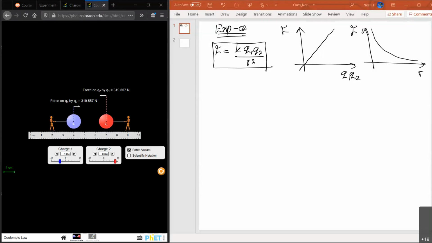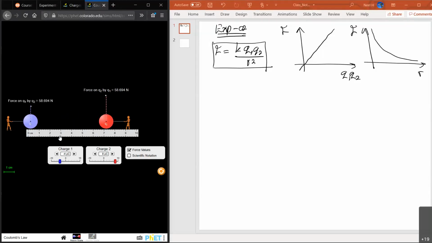Okay, so to observe this one, I need two charged objects, right? You can see two charged objects here. Object number one, we will click and drag all the way to the left-hand side end. Then you can see a meter ruler here, right? If you take that meter ruler, you can align the 0 point with the charged object one's midpoint.